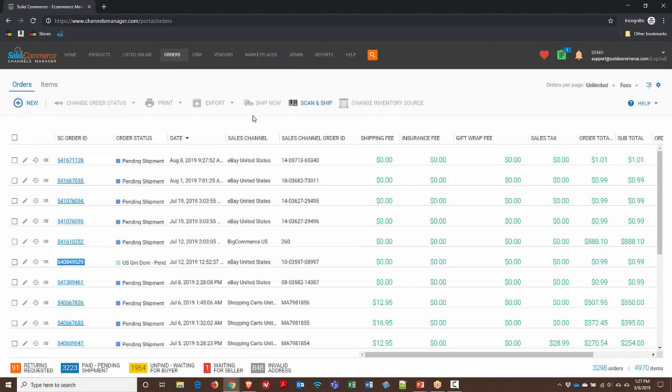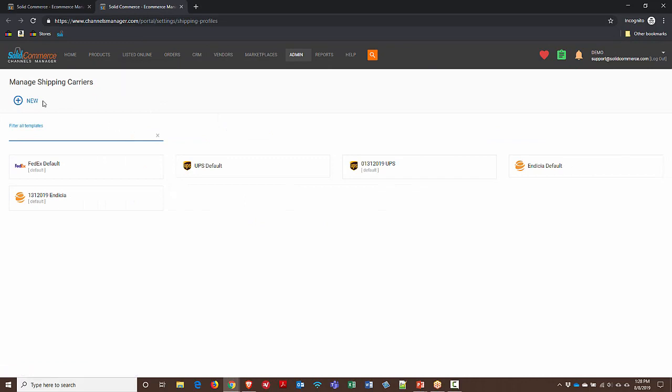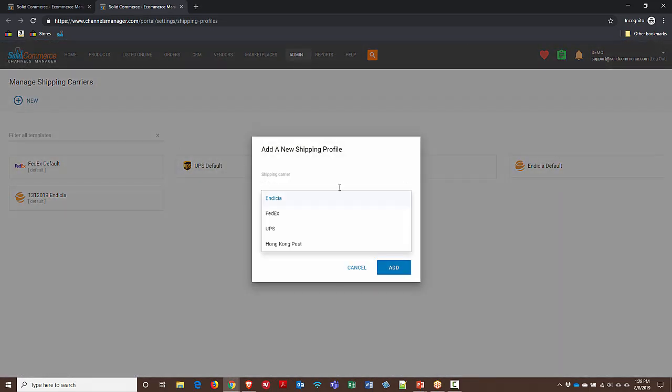Meaning that there's a unique set of connections working with the new order manager, and a separate set of connections back onto the desktop-based tool. And what that means is you'd want to come into admin if you want to ship out of the new UI and go to the shipping carriers page, and you'll want to connect to UPS and FedEx through this connection